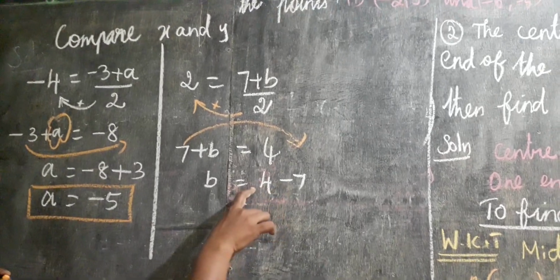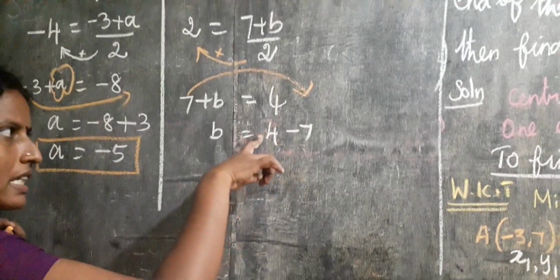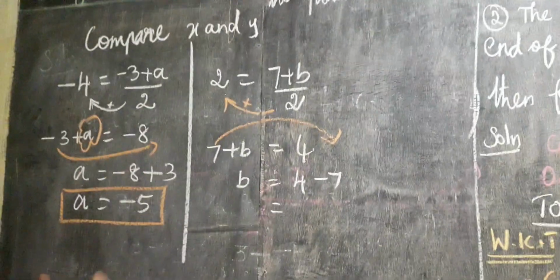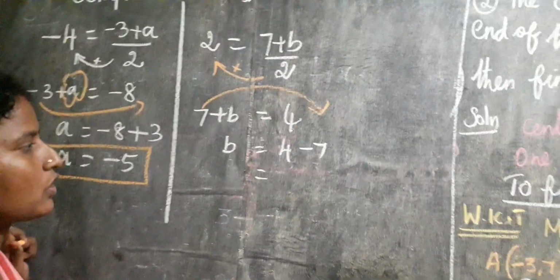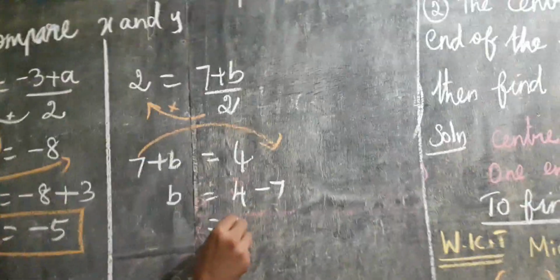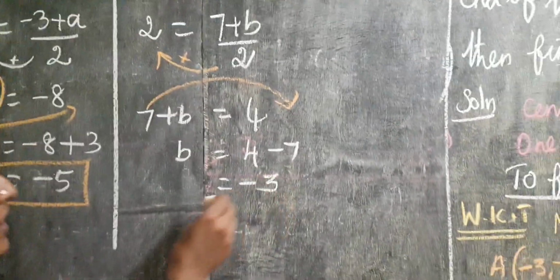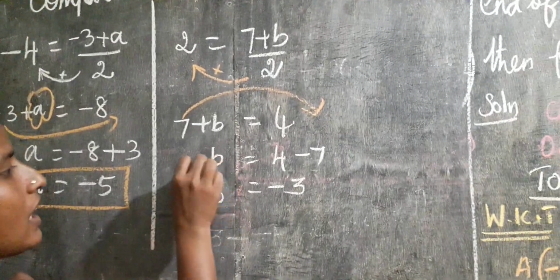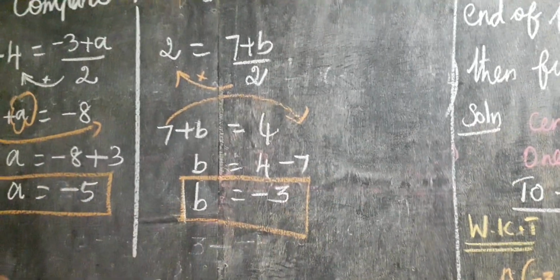Next, see the two numbers, plus 4 minus 7. Different sign, subtract. Keep these formulas in your mind. Different sign, subtract. Subtract this value, and it is minus 3. So coordinate b, okay, b is the y coordinate.